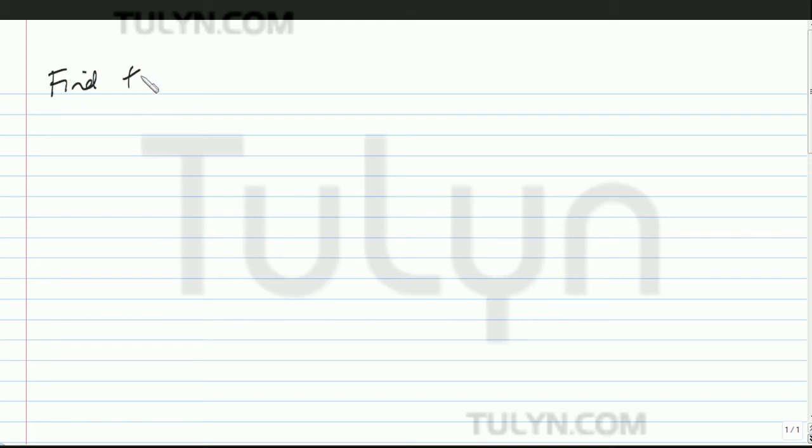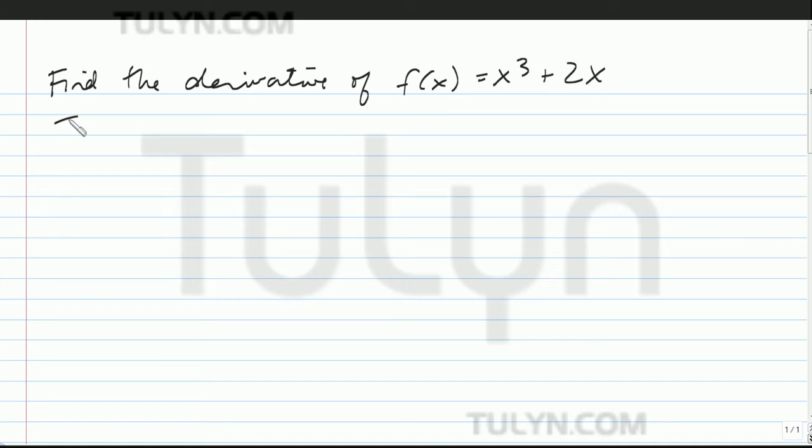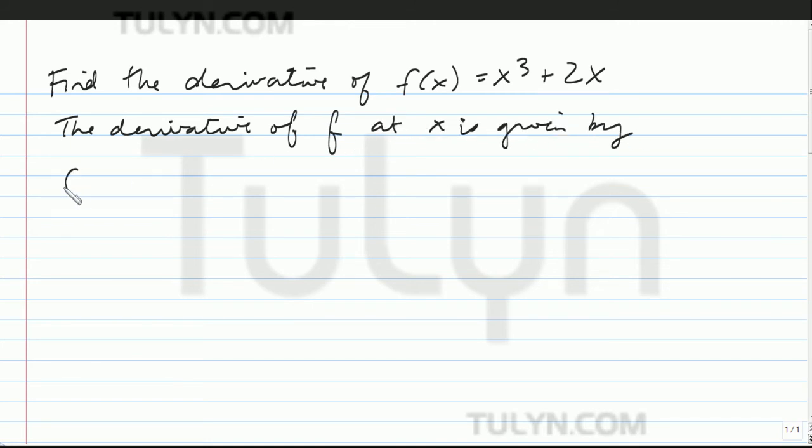Find the derivative of f of x equals x to the third plus 2x. Now, the derivative is defined as such. The derivative of f at x is given by the following formula: f prime of x,